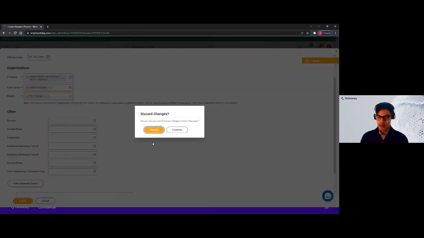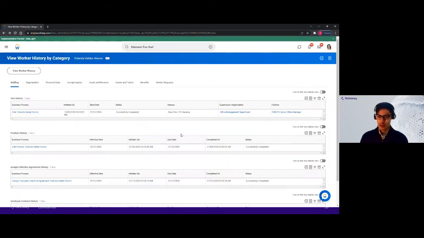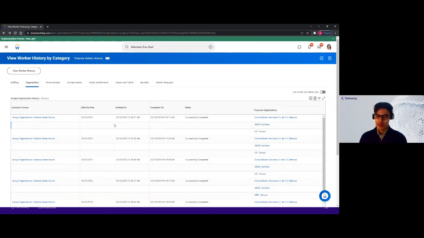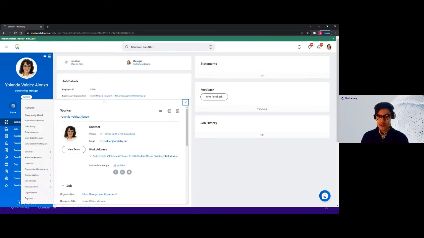So let's cancel this. And let's check the other feature then. So I have a future event, which is the change org assignment from 1st of January 2023. And if I choose to update the organization assignment with effective date 1st of March this year, we will try to see what Workday behaves in the default